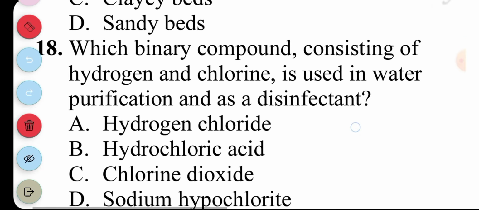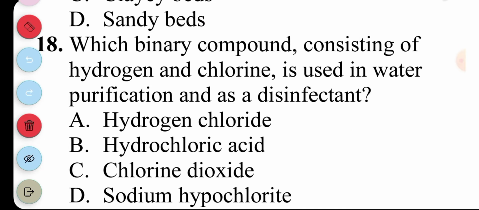Which binary compound consisting of hydrogen and chlorine is used in water purification as a disinfectant? A. Hydrogen chloride. B. Hydrochloric acid. C. Chlorine dioxide. D. Sodium hypochlorite. So the answer to this having hydrogen and chlorine is